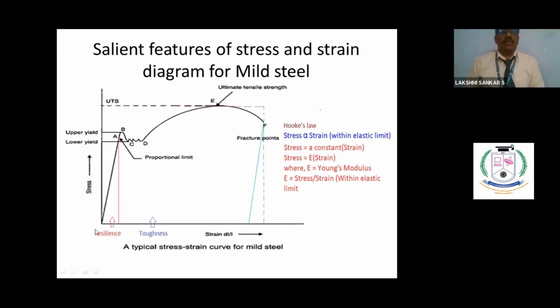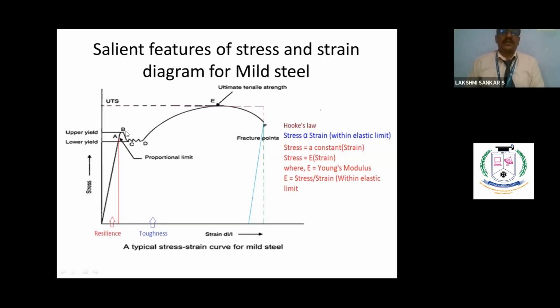Now you see a concept called resilience. What is that actually? Up to the elastic point, the proportional limit, elastic limit, I am just dropping a vertical line. Then it forms a triangle, right? The area under the stress strain curve, the triangle area, is called resilience. In a unit volume of material, the strain energy stored is referred to as proof resilience. This is one mechanical property. In many interviews, you will be asked to tell a few mechanical properties. Then you can say the strain energy stored within elastic limit is called the resilience.